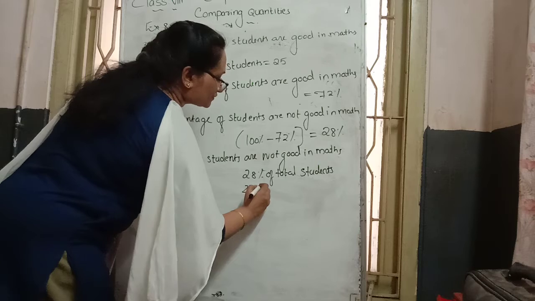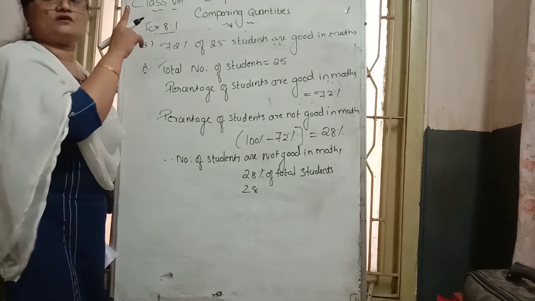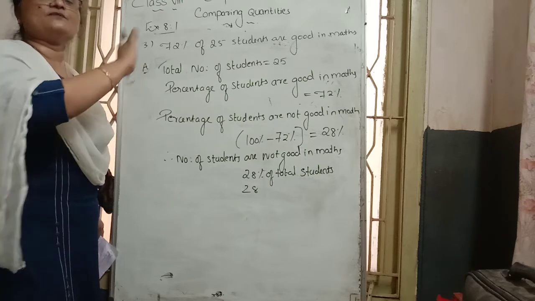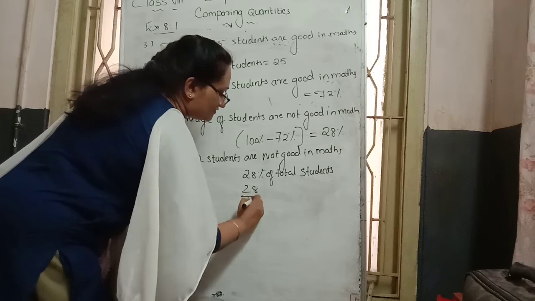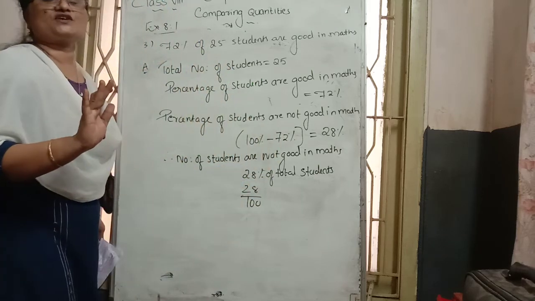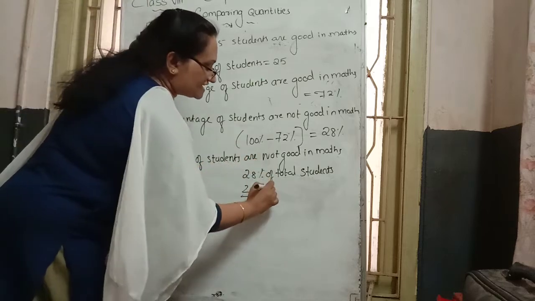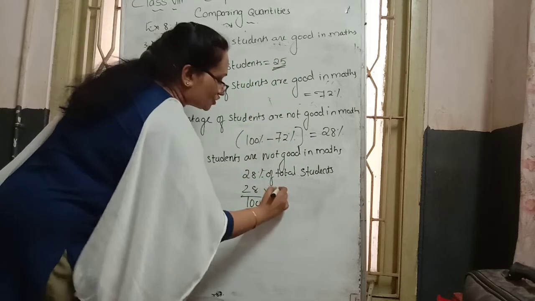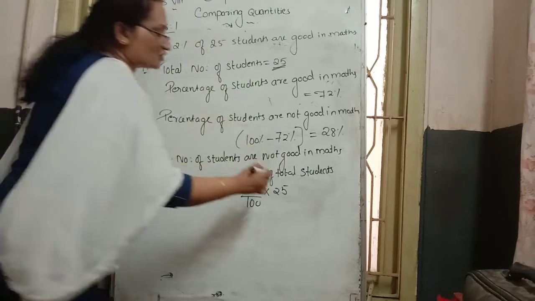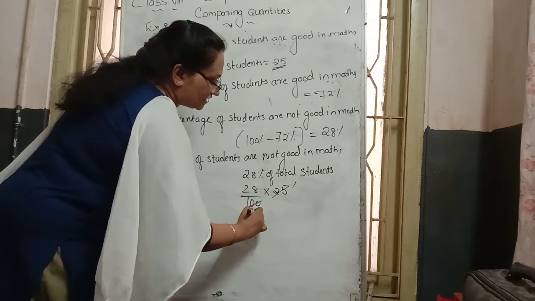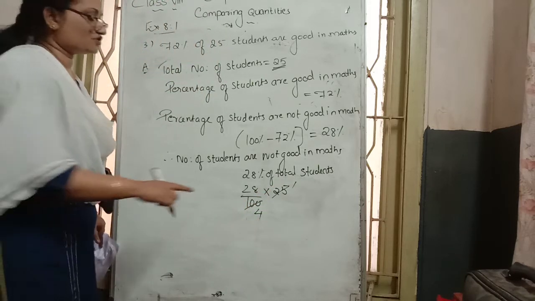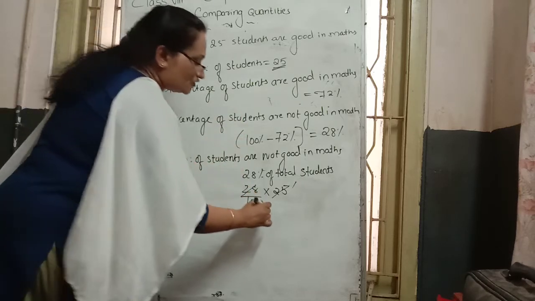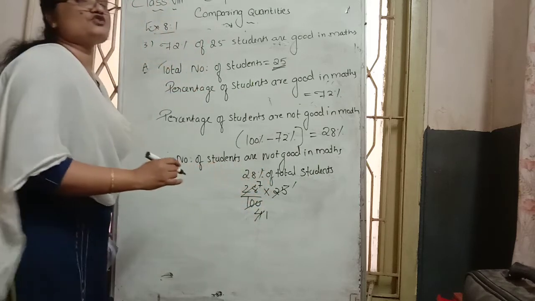Therefore, 28 with the percentage symbol: how do we remove it? Earlier we learned to divide with 100 and remove the percent symbol. So divide with 100, and we need not keep the percentage symbol. Of represents the multiplication operation. The total strength of the class is 25. Cancellation is possible: 25 times 4 is 100. Then 4 and 28 can be cancelled straight wise: 4 times 1 is 4, 4 times 7 is 28. So the answer is 7.